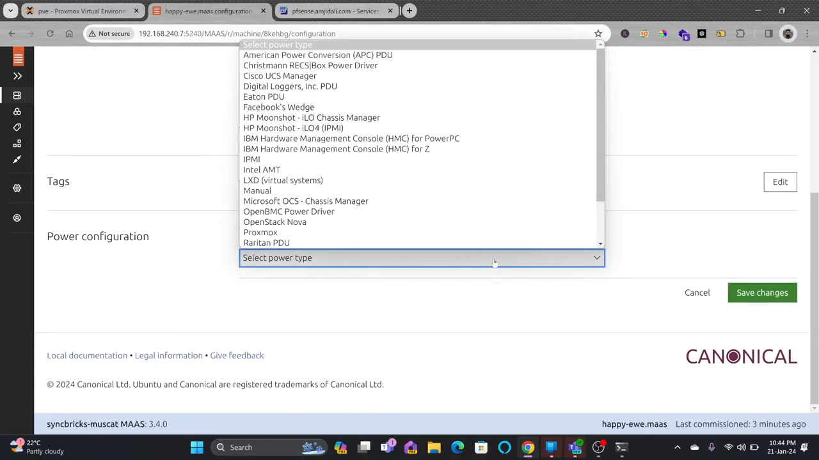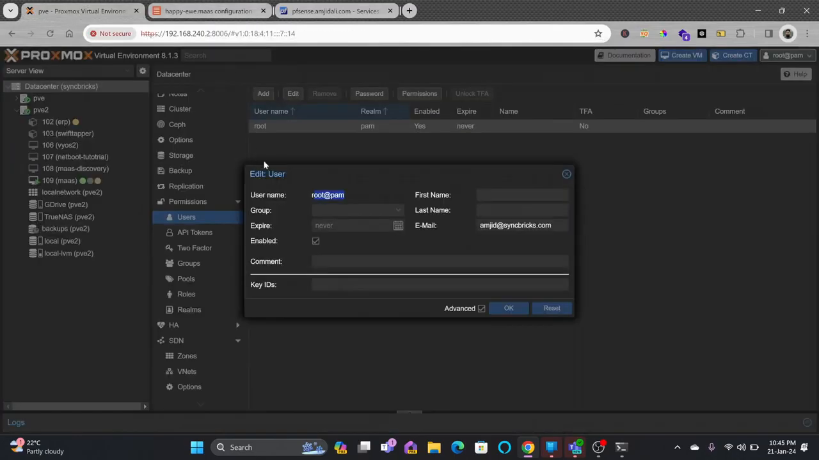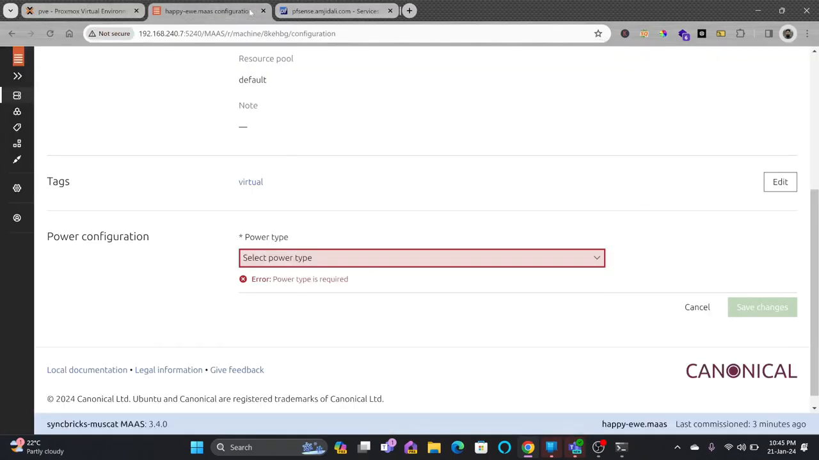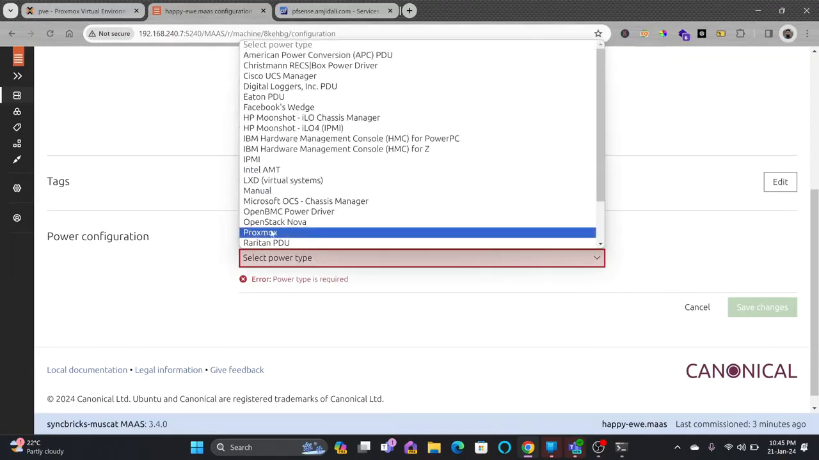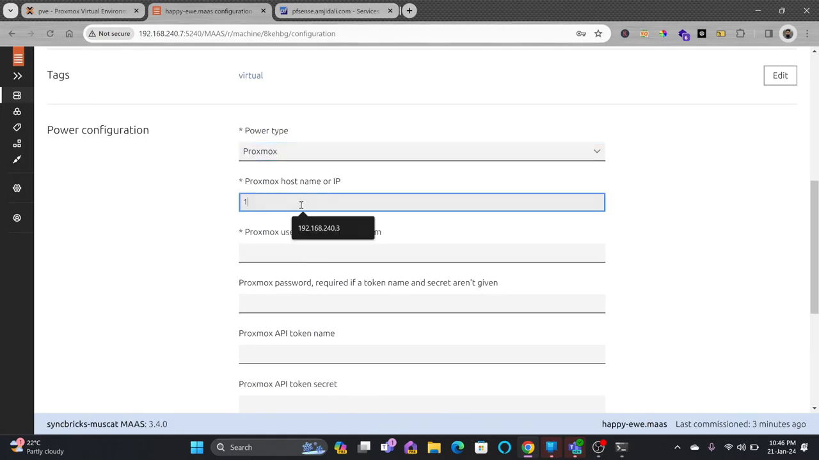You can see if you are using PDUs or any system to turn on and turn off the physical server or the virtual server. As I'm using Proxmox here, I need to provide the information that this server uses Proxmox to turn on and turn off. So this is a Proxmox VM, and here I need to provide the Proxmox host name